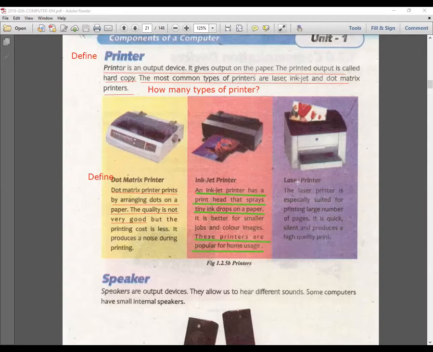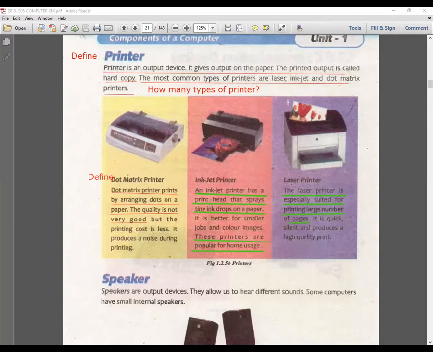And now you will go for the laser printer. The laser printer is especially suited for printing a large number of pages because it is quick and it doesn't produce any noise while printing the pages.